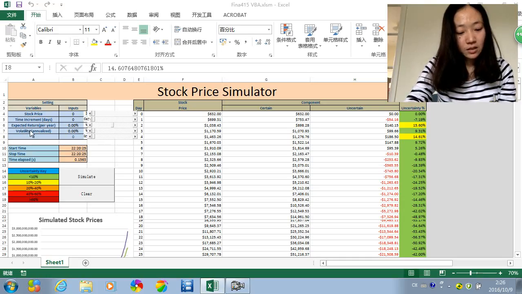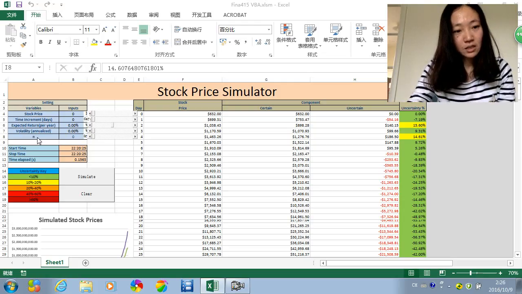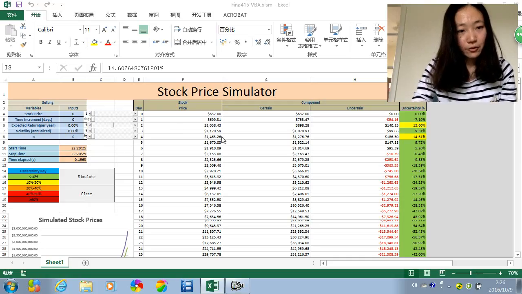In addition, we also introduced the N and the number of days to simulate this stock price. For convenience, we also introduced the scroll bar for use. The range for the scroll bar of the stock price is from 0 to 1000, which covers most of the stock prices. And the time for this model is from 0 to